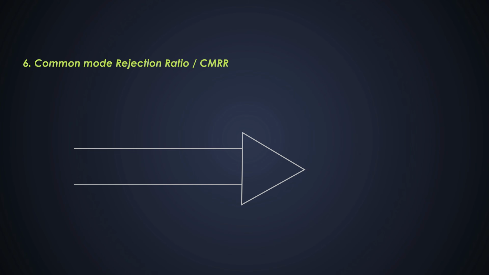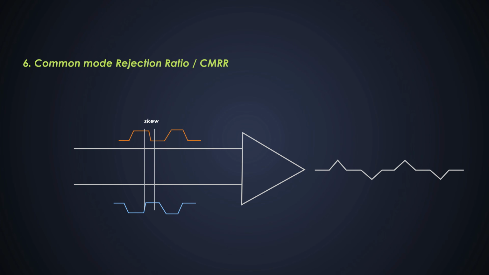Now let's talk about the common mode rejection ratio, or CMRR. Let's assume we are giving some differential input signals at the inverting and non-inverting terminals. And if we check the equivalent output, it would cancel out each other. But due to some noise sources, there might be a possibility where a skew can occur between these lines. Then if we check the equivalent output, we can see some overshoot. This overshoot is referred to as common mode noise, and